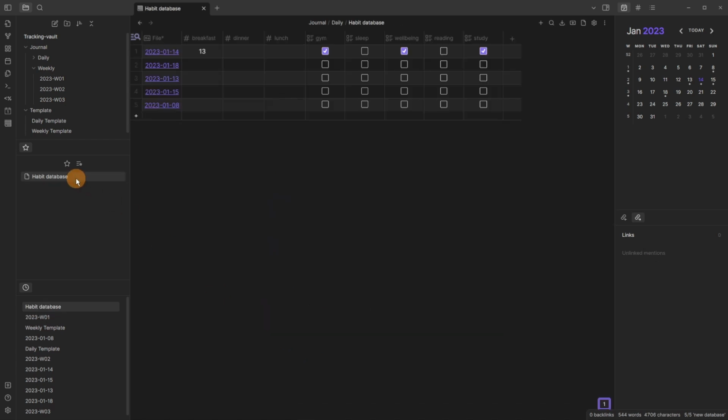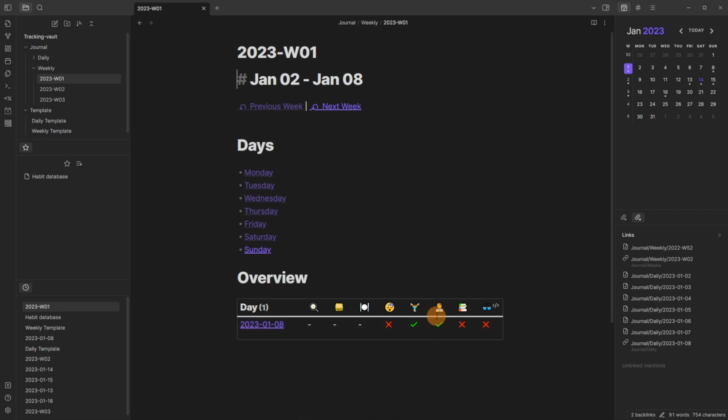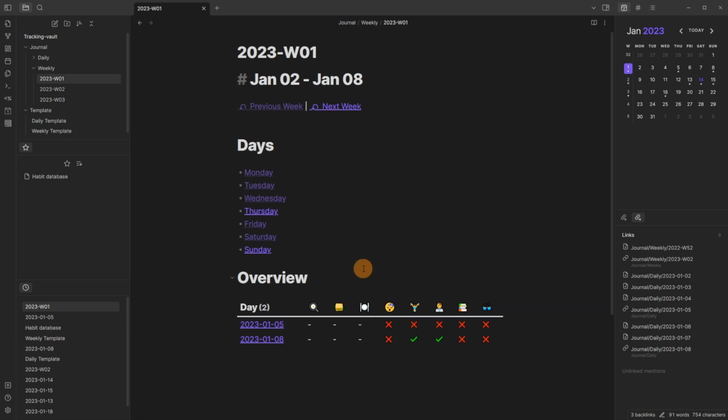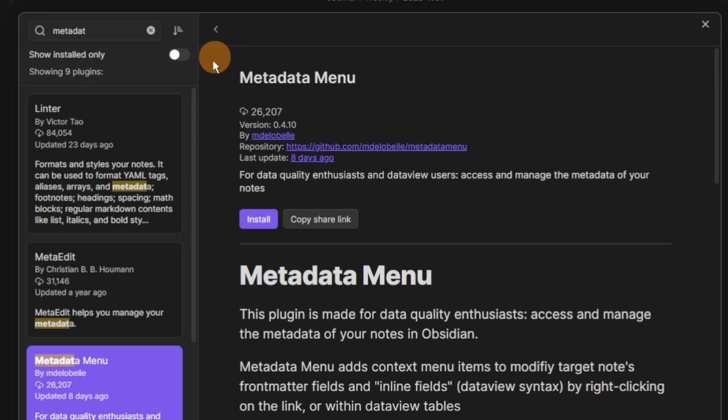But if we go to the habit database and add some information in, so there's the 8th, we tick the gym and we tick the well-being, and then we go back to the week 1 file, you can see you've got the well-being and exercise ticked. Done. So it works in the habits, it works in the daily notes, it works in the weekly notes, and in the Dataview overview. This then means if we go to create a file, so we've created Thursday, which is the 5th, go back to week 1, we've got the 5th, and that's had nothing done because it's generated the template as all false. But if I want to change that information without going to the database,